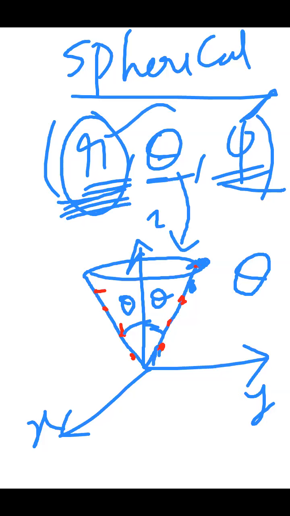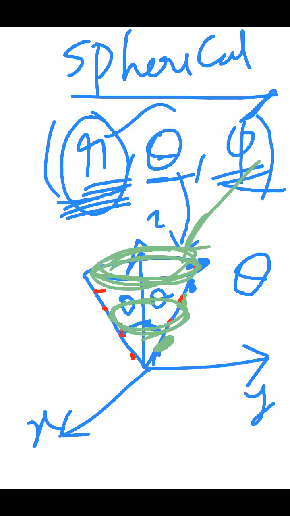If I take a point here, my radius will be less. If I take a point here, my radius will be more. R is not constant. Similarly, in the circle I can take a point anywhere. So what is not constant? Pi is not constant. I can take any pi. Depending on that, I can choose any point on this line, or I can choose a point on the circle like this. I can choose any point on this circle.